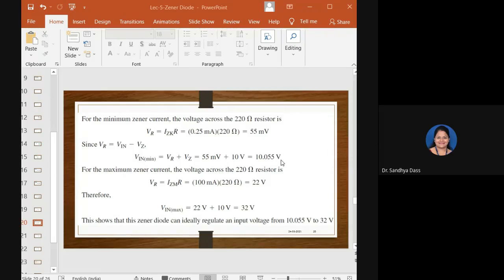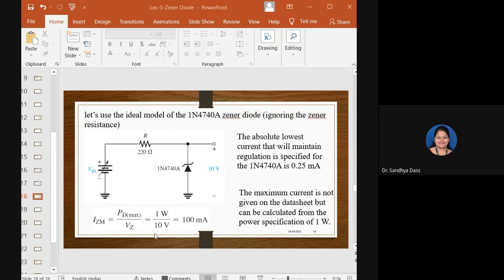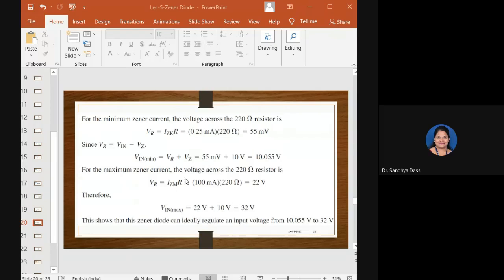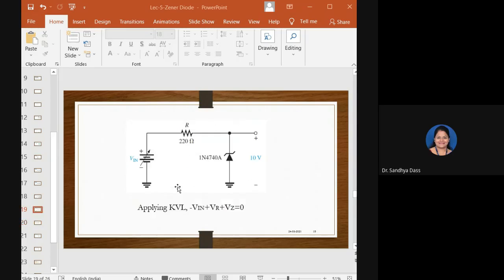is minimum voltage, minimum V in. Okay. For maximum Zener current, we calculated IZM, maximum Zener current. I'll go back to the slide. Okay, here we calculated it as 100 milliamps. Come back here. So for the voltage across the resistor for maximum Zener current, okay, we'll go back to the